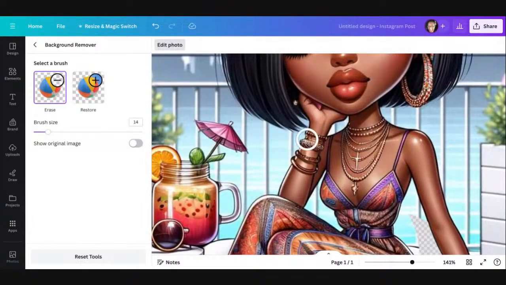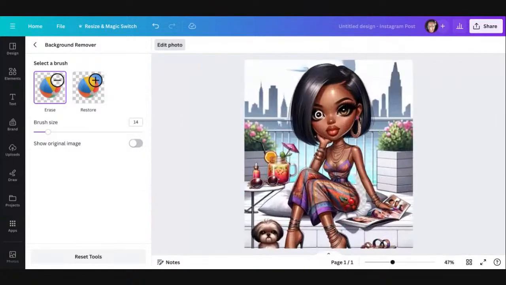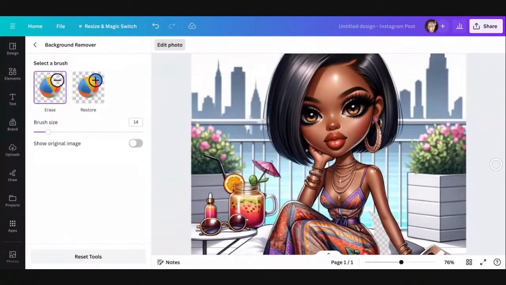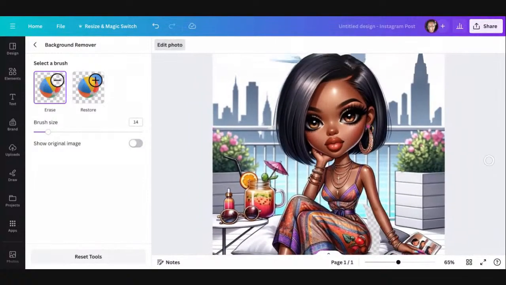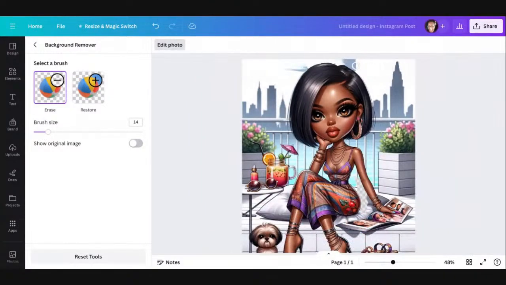Is it going to let me go off to the side? It might not let me do it. I was trying to make it larger. It's erasing it, but it's not doing what I thought it could do. I think it's gonna leave it blank when I try to put it back in Canva.